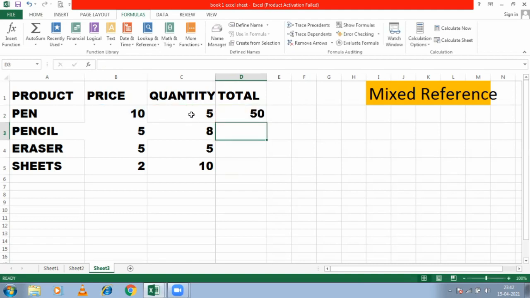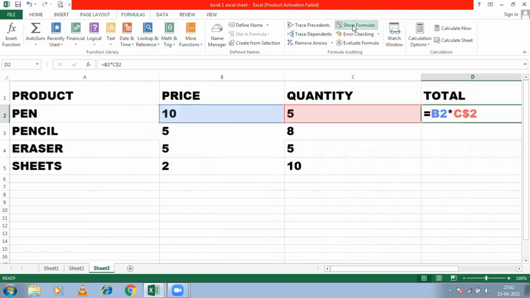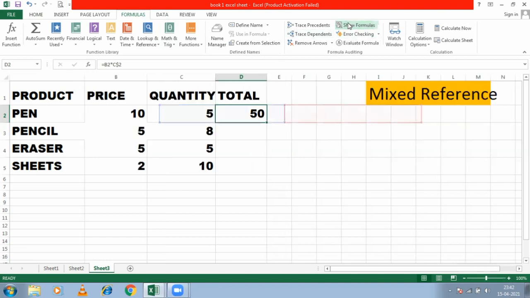So the row is fixed. See the formula? C$2. In the formula bar also you can see the formula of a particular cell, or you can go to the formula tab. Show formula is there. So there you can see. Fine. Let us copy.